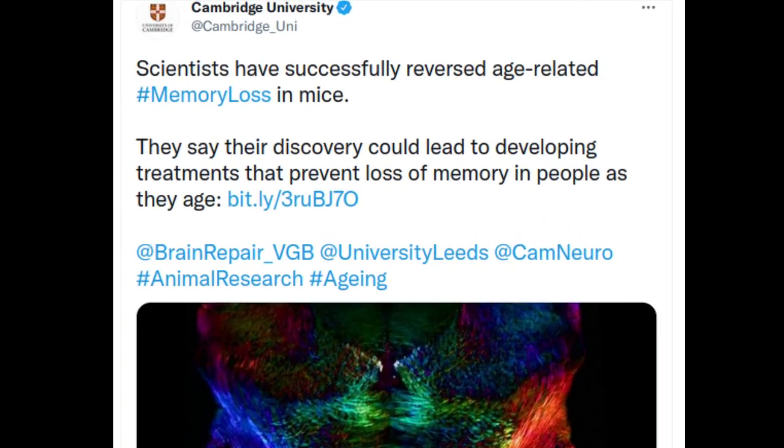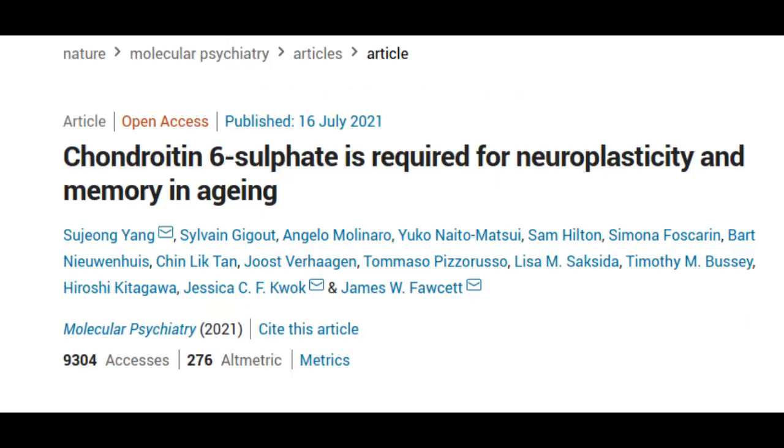Scientists at Cambridge and Leeds have successfully reversed age-related memory loss in mice and say their discovery could lead to the development of treatments to prevent memory loss in people as they age. In a study published in the journal Molecular Psychiatry, the team showed that changes in the extracellular matrix of the brain, the scaffolding around nerve cells, lead to loss of memory with aging, but that it is possible to reverse